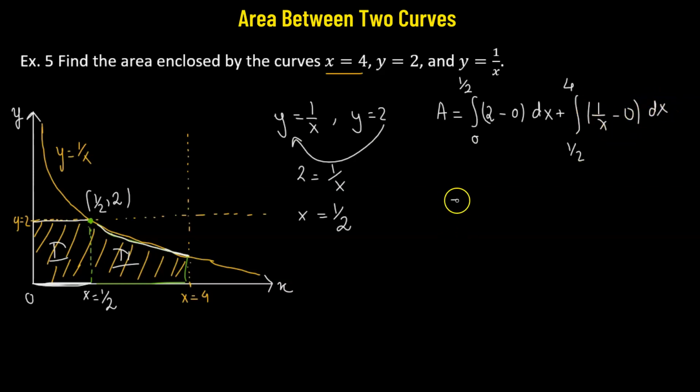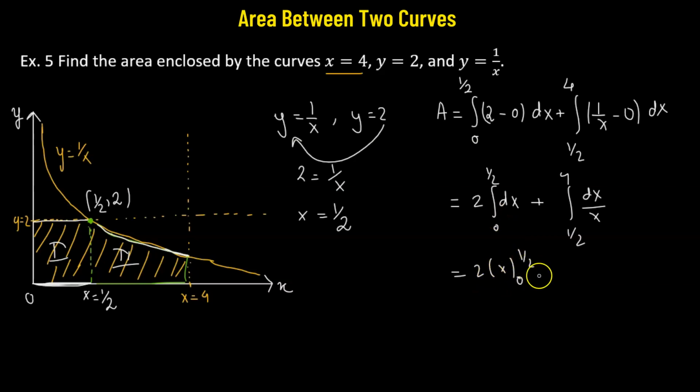So let's integrate this. This will be 2 times the integration of dx going from 0 to half, plus the integration of dx over x from half to 4. The integration of dx is simply x going from 0 to half, plus the integration of dx over x, which is natural log of x with the limits running from half to 4. So this will be 2 times half minus 0, plus natural log of 4 minus natural log of half,